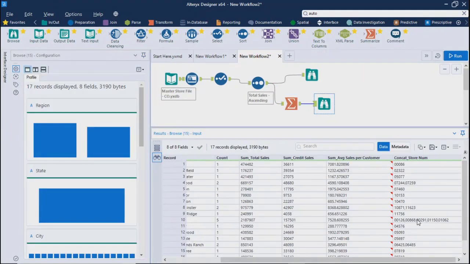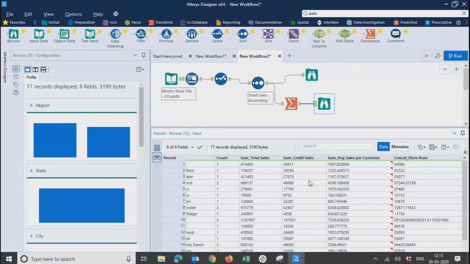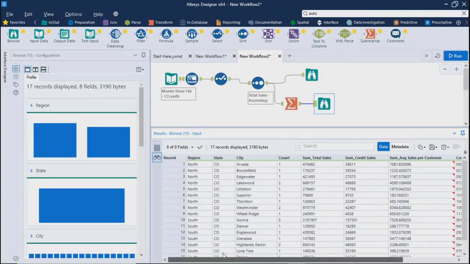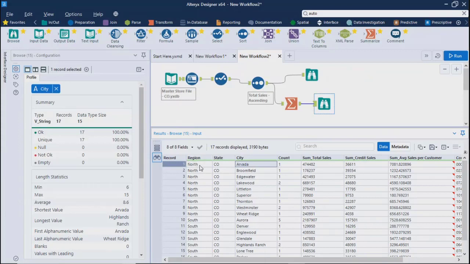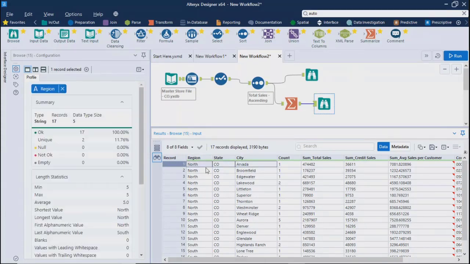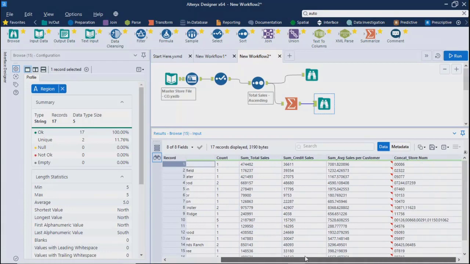concatenate. So over here, what is happening, basis grouping, let's say you are getting 2, 3 store numbers. Maybe, let's say for the combination of your region, state, and city. For this combination, let's say there are multiple store numbers. Maybe for this combination, let's say there are 3 stores. So what will happen over here? It will give you the combination of those store numbers.